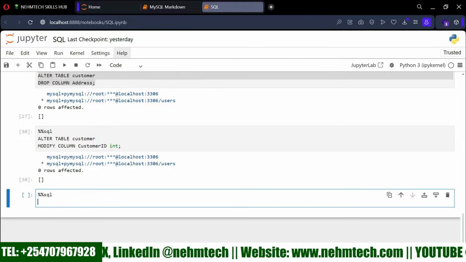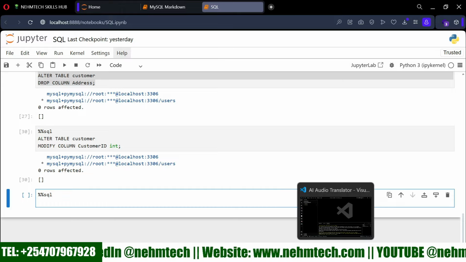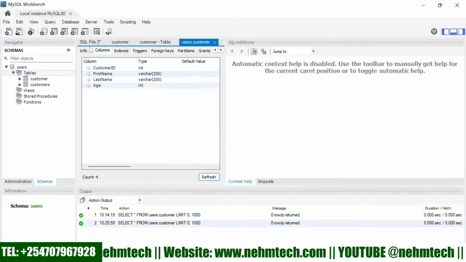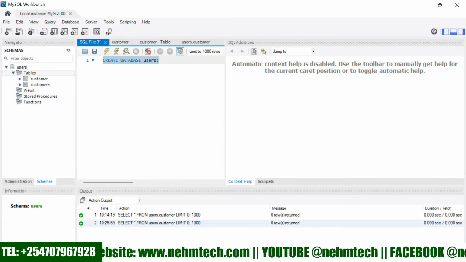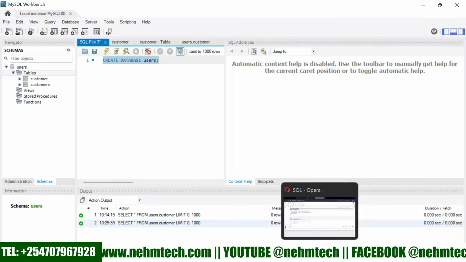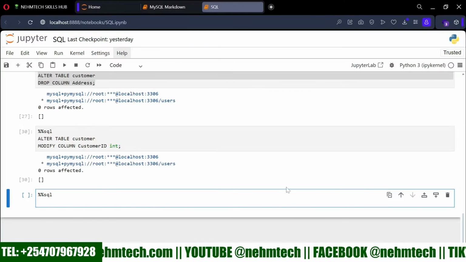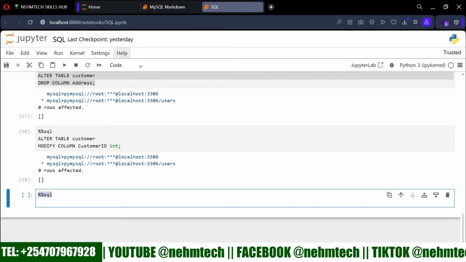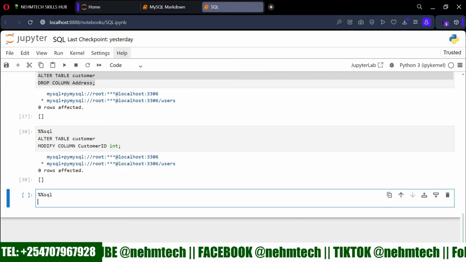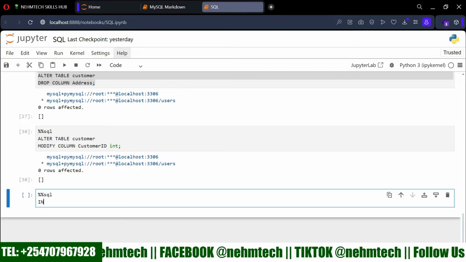If you're on Workbench, remember you don't need to provide the magic command. You just write it directly, and it's going to run without an issue. But since we are using it on the notebook, we begin with this decorator so that the SQL will work here. So I'm going to say here insert,